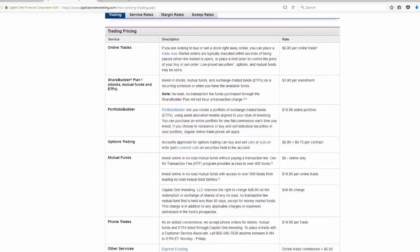If you have a portfolio builder, it creates a portfolio of exchange traded funds using the asset allocation method. Basically, it puts it here, puts it there, depending on what you want to invest in, and that's $18.95 for your entire portfolio. For option trading, you have $6.95 plus 75 cents per contract. For every 100 shares, it's going to